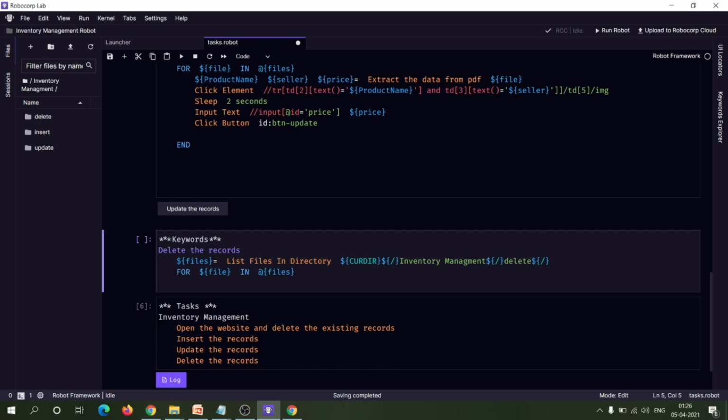Our next step is to extract the details from the PDF from the files which are present in the delete folder. For that we can use the extract the data from PDF keyword.